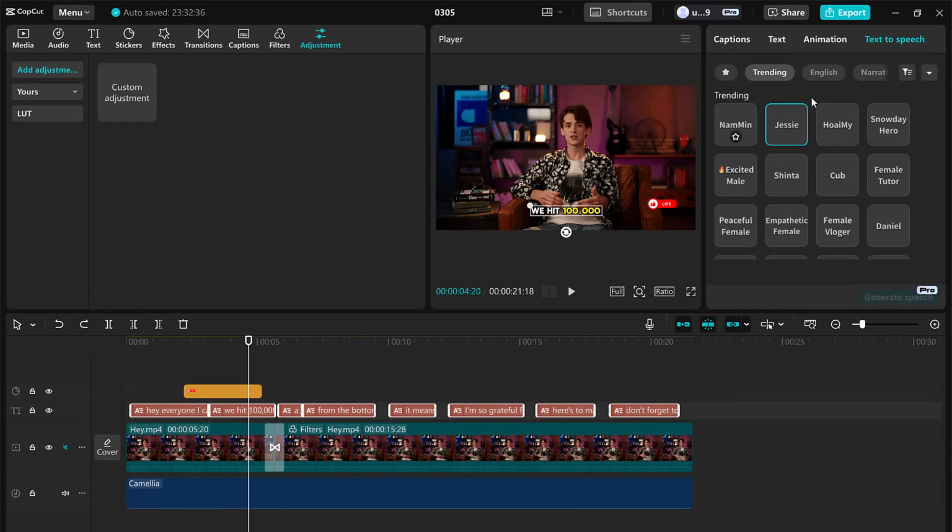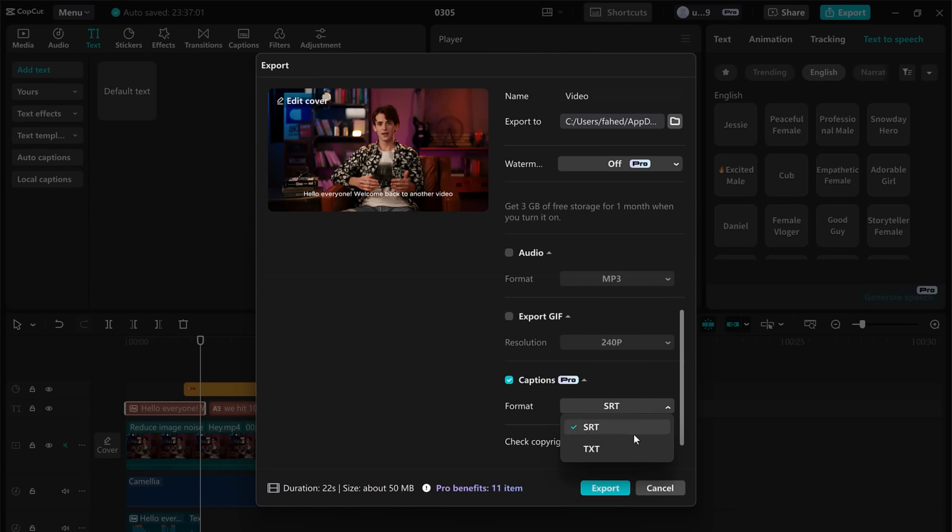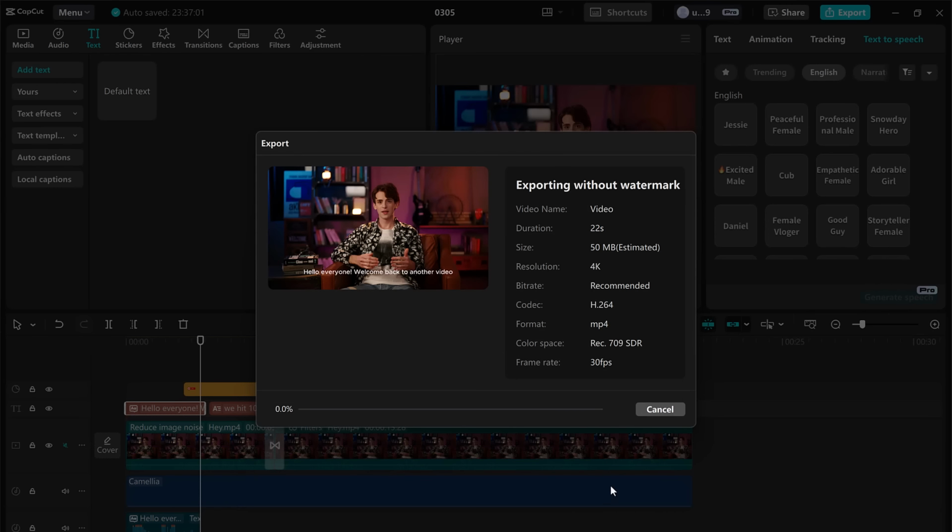Once you are happy with your edit, hit the export button, choose your resolution, format, frame rate, and even add a watermark if you want. CapCut lets you export in both horizontal and vertical formats, perfect for YouTube, TikTok or Instagram. And just like that,